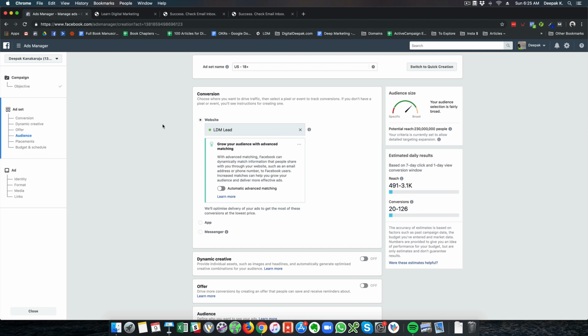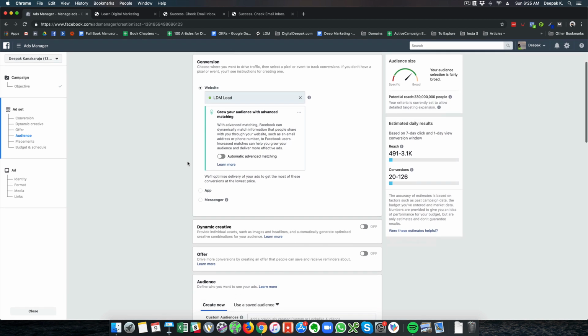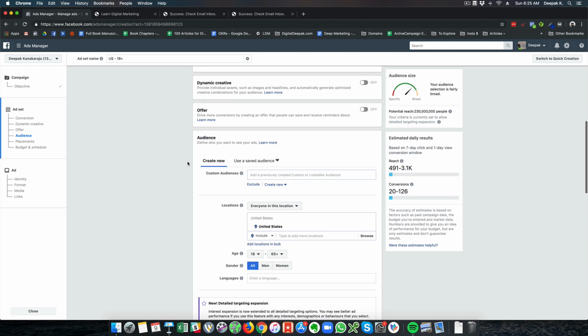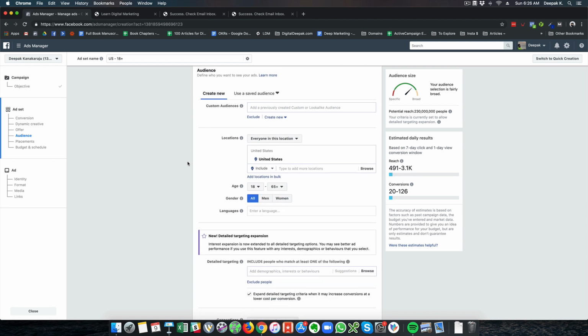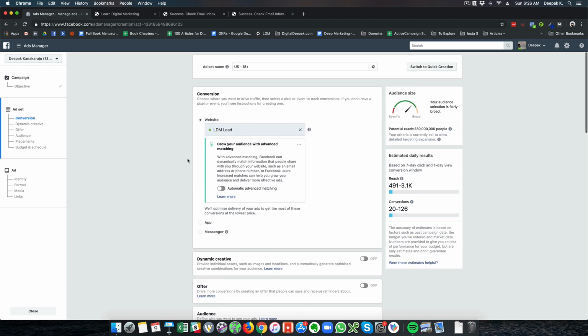And the best way to do it is to start with a narrow interest and then go ahead and start having an expanded audience, where you start bringing your custom audience and then start bringing lookalike audience, and then slowly you go broad and trust that Facebook is going to have all the data to show the ads to the right people. So even without the right interest, demographics, age group and location, Facebook will be taking into consideration a lot of different variables into the account.